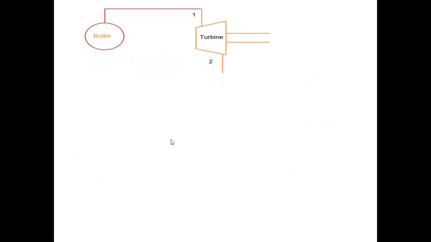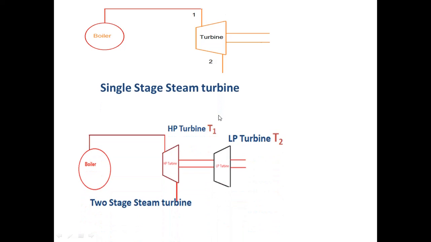See, this is the single stage turbine. As usual, you will have the boiler, turbine and a shaft, and then it will come to the condenser. But in the two stage turbine it will be like this: the high pressure turbine and the low pressure turbine. You will have two stages like this. Again it will be reheated here and then come to the turbine. It is done like this to recover the enthalpy which is available here. At the intermediate pressure, you increase the enthalpy and then feed it to the other turbine.